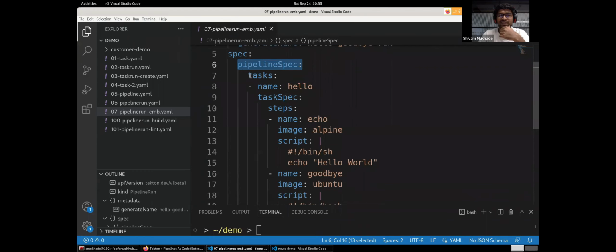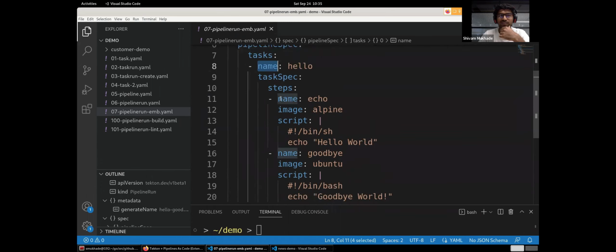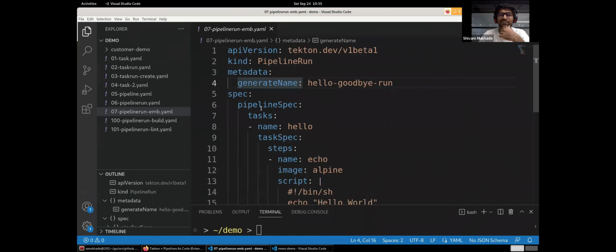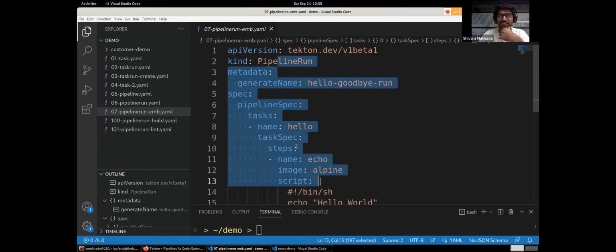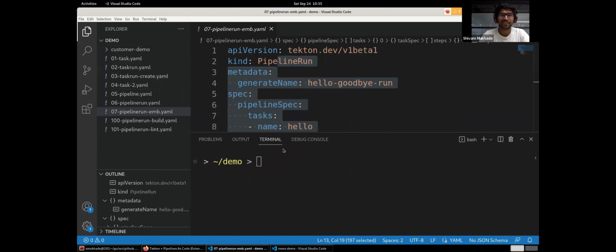Which says run these two tasks, which is hello, a task hello which is doing two things, like echo hello world and goodbye world. It's doing the same thing, but the only difference is how it is written. So we are just embedding all the logic inside this. So if we don't have anything on the cluster, if we haven't applied this, and if we directly run this, it will do the same thing. Why this is needed, I will tell you after some time when we